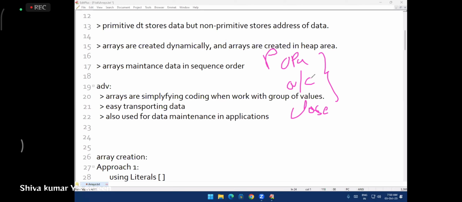But inside collections, arrays are also working as a secondary thing. Without collections, arrays can run, but without arrays, collections cannot run. The fact is many people don't know this point. So arrays and collections, choice one, choice two. What are they used for, sir? These two concepts are used to maintain the data from the project opening to project closing,